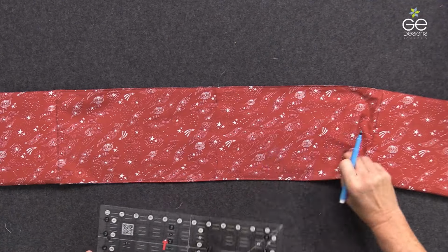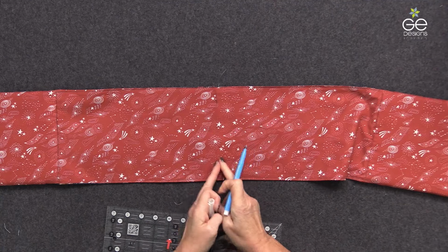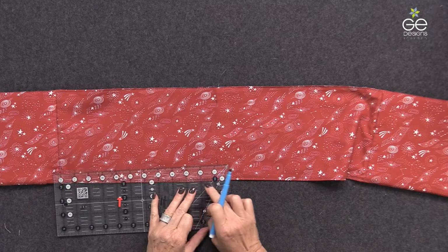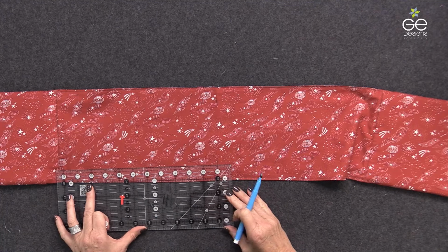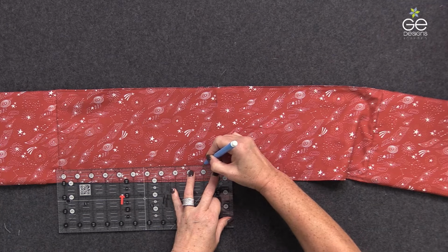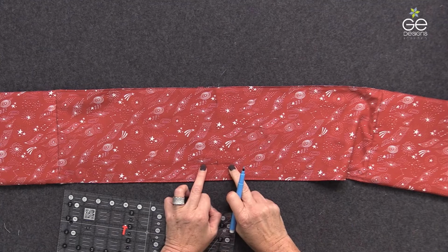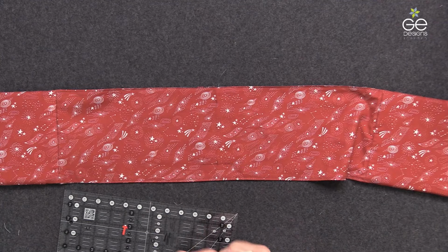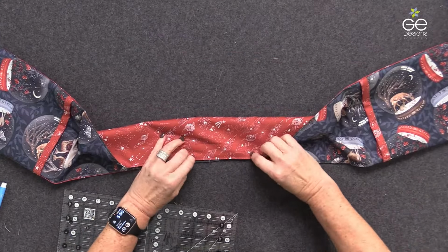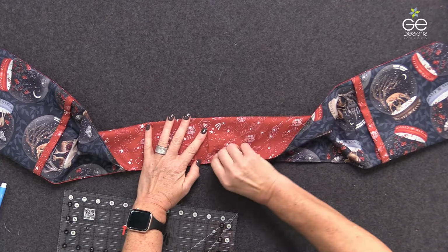What I want to do is draw a line 1 inch in from each edge and about 2 inches long. So I'm just going to take my ruler, place the 1 inch line right on that top stitch seam, and then the 1 inch line on the ruler right on this mark. And I'm going to draw this line right here. And I really don't need to be drawing that on both sides. I am just going to fold this in half, like so, right along that crease, and put a pin in here